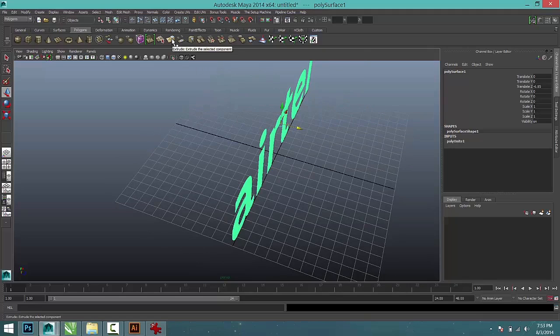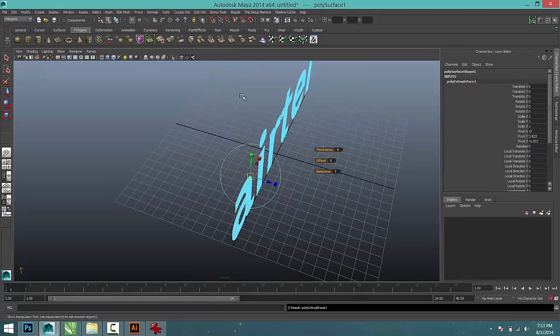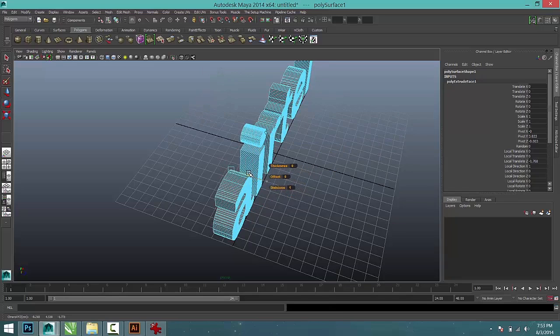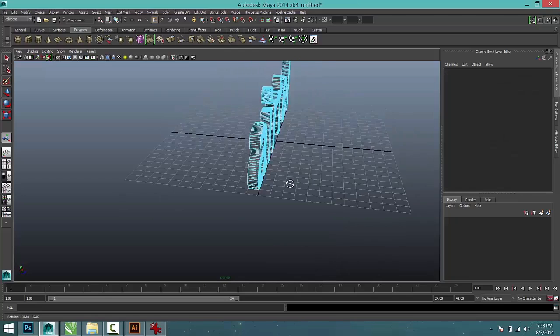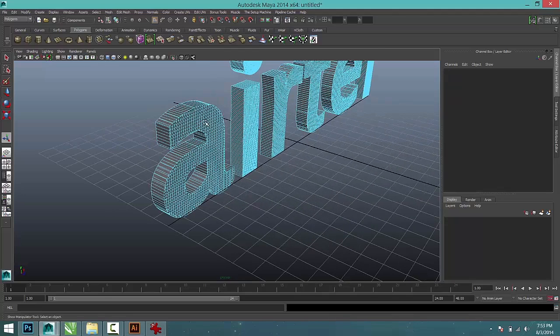Alright. So going to the next thing, which is to extrude. Showing you how to extrude was in an earlier class. So I click extrude here, and we can see the icon for that, and then I just pull that back. Alright, just pull that back, and I can add more divisions by selecting this icon over here. Right. Okay, that's wonky, but